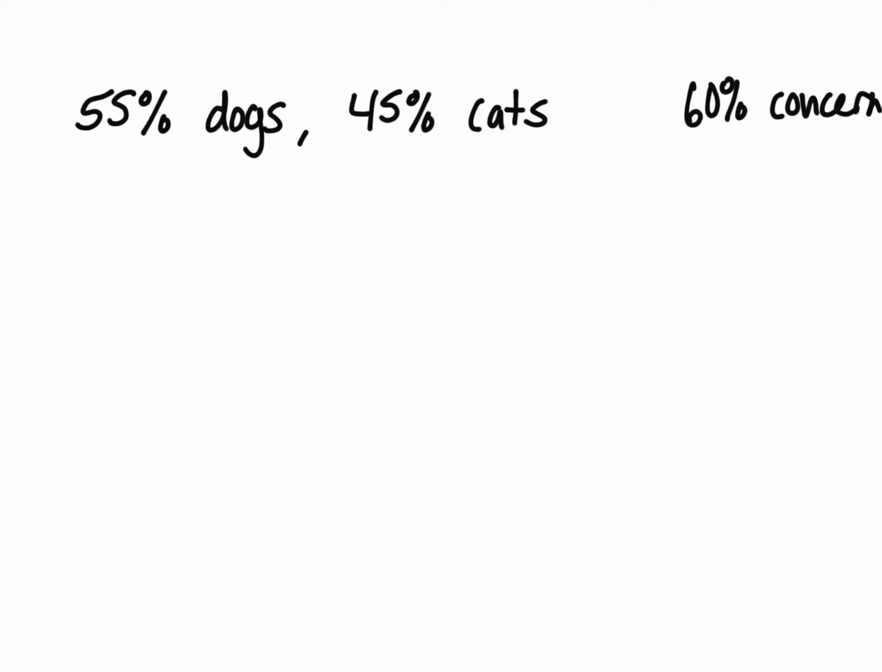that is occupied by 55% dogs and 45% cats. 60% of those animals are brought in by concerned people who found these animals in the streets. If 90% of the dogs are brought in by concerned people, what is the percent of cats that are brought in by concerned people? So we have 90%